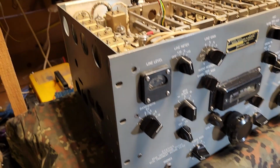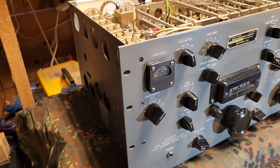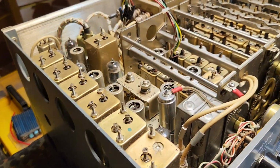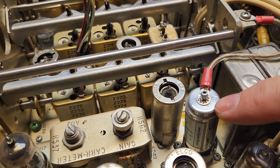What's out there? It's big. It weighs about 85 pounds. It's heavy. I don't like moving it around. I put it on this table for the video for you guys, but it's a pain in the ass. Oh, and any mods that I did...